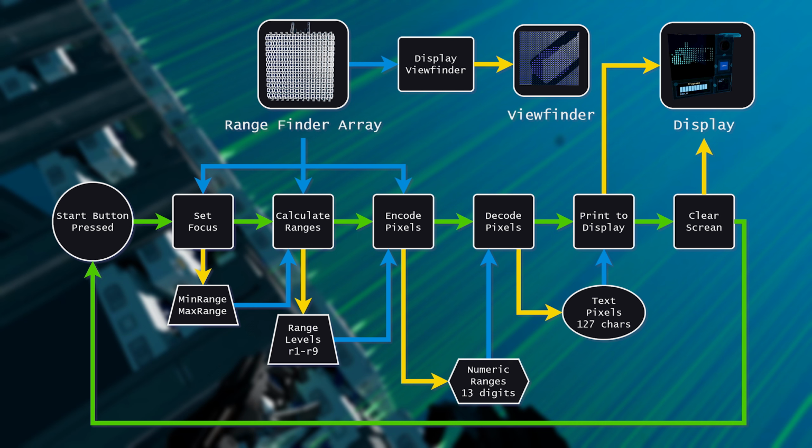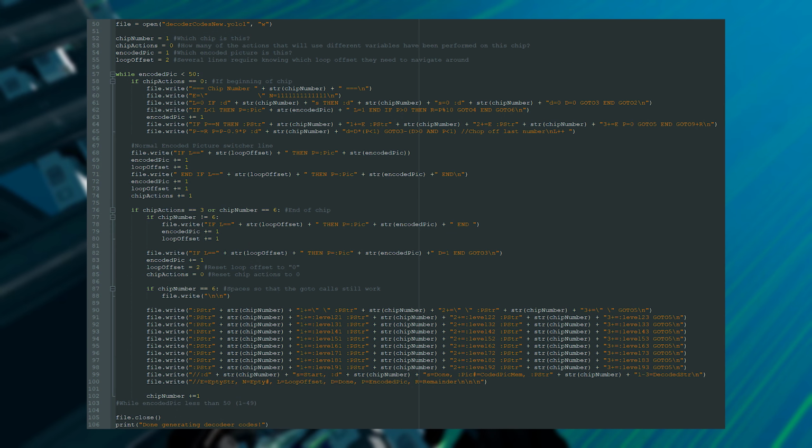And one thing, I guess, to add to all of this is that for a lot of these programs, there were so many chips. And if I tried to remember all of the particular variable names and write them in by hand, it would have taken forever. So what I did for a lot of them is I wrote Python programs. And that's one of the reasons you can see the YOLOL code here is highlighted. It has the syntax highlighting so that you can understand what's going on. But I wrote Python programs to